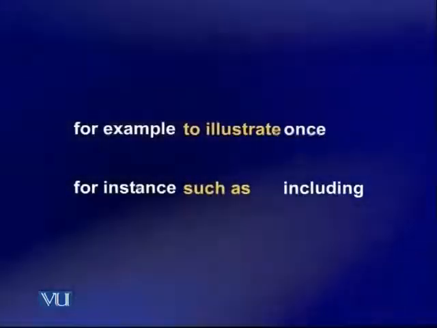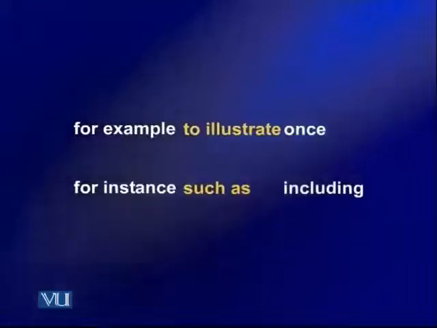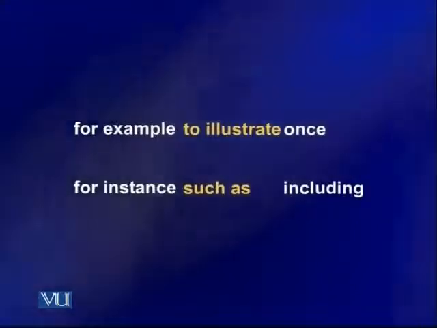And the words are: for example, in a sentence, for instance, to illustrate, once, such as, including. And the examples are: our history teacher is very absent-minded. Last week, for instance, he went to work on Sunday. Now the phrase "for instance,"